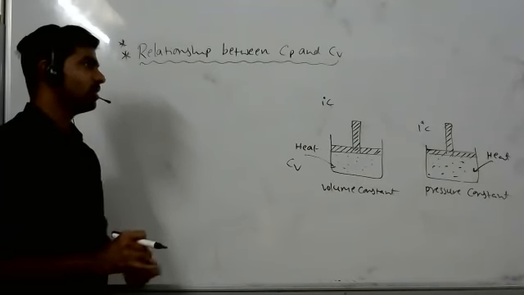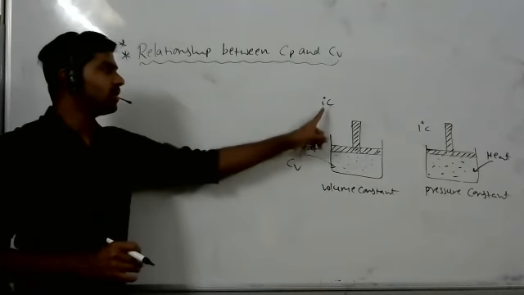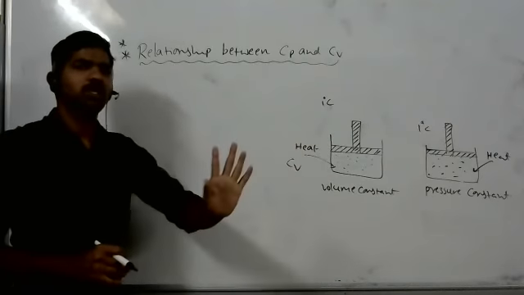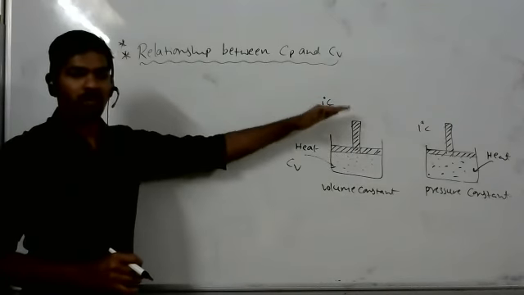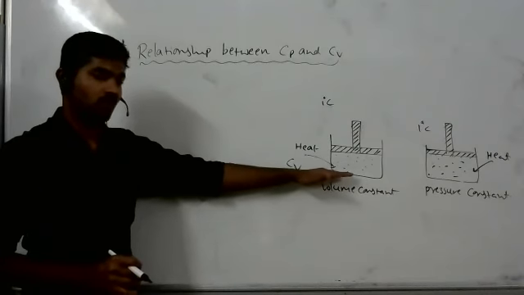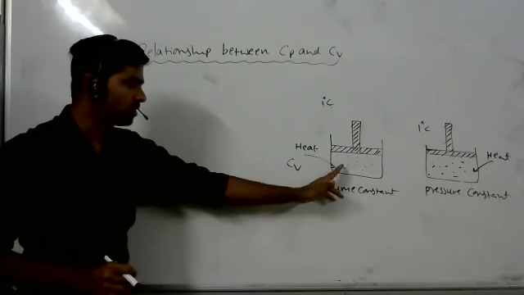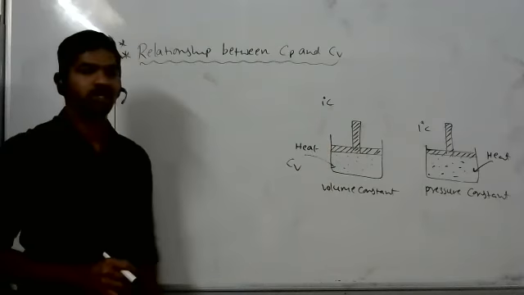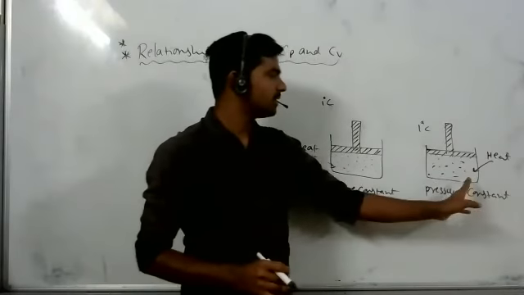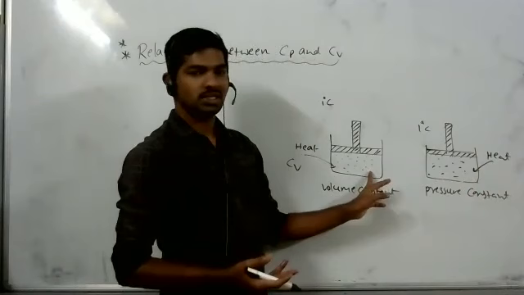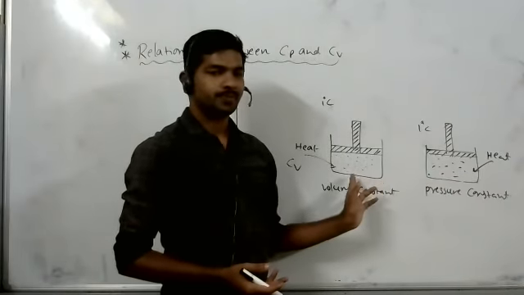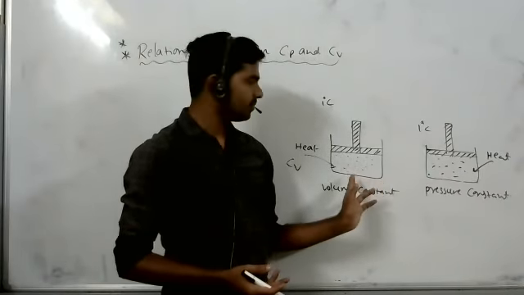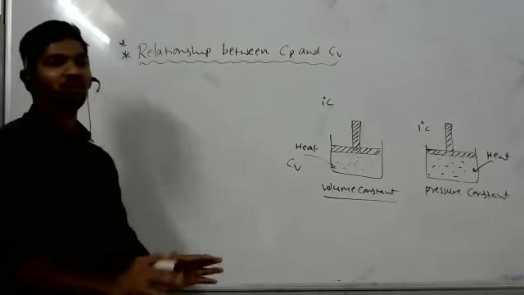Listen, guys. One second, I'm explaining. Here, the supplied heat is only useful to increase the temperature of the system, just a 1 degree centigrade rise. And the piston is not allowed to move upward, because the volume of the system is constant. So the supplied heat is only useful to increase the temperature and internal energy of the system. Volume is kept constant, so no work is done here. In the first system, if the temperature increases, obviously the volume would also increase. That's why here we are keeping the volume of the system constant. We are not allowing the piston to move upside or downside.